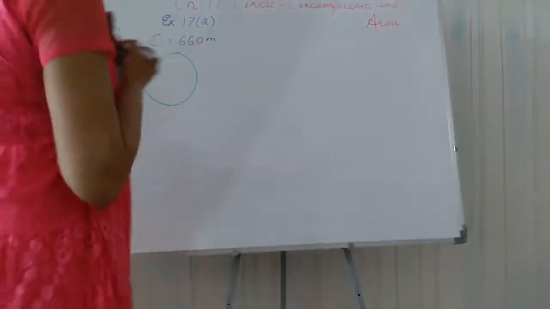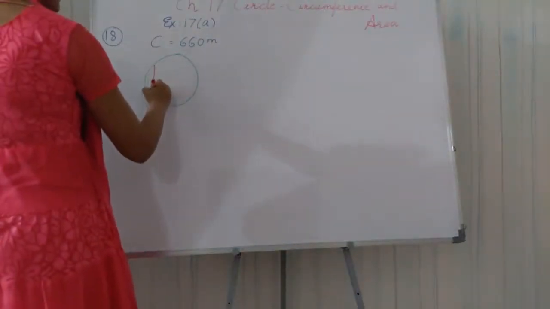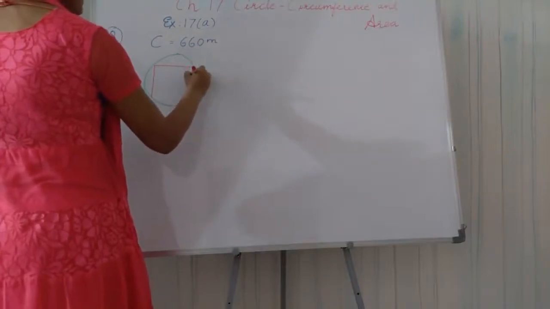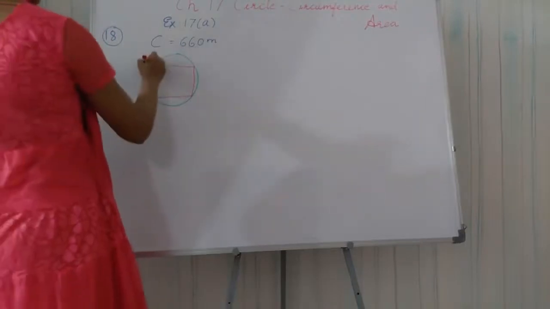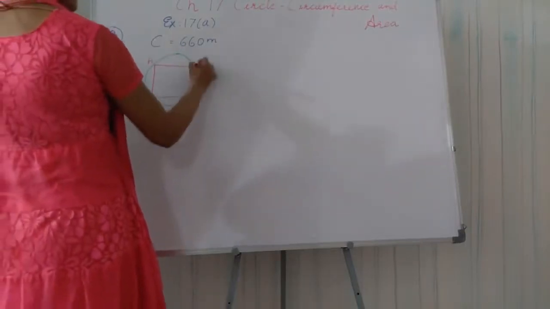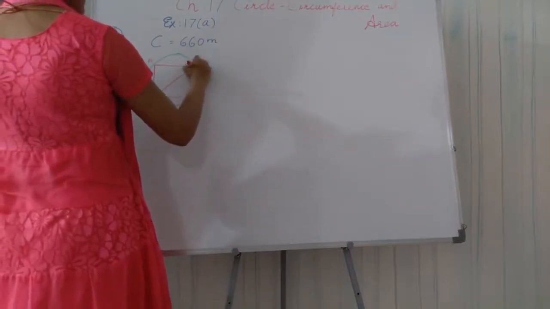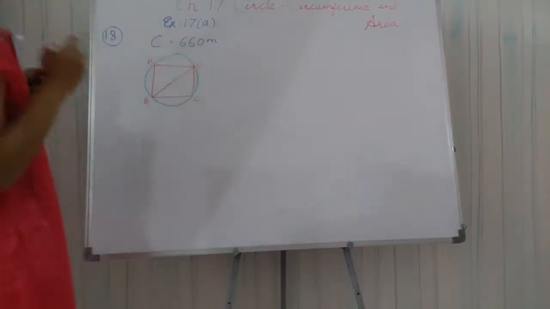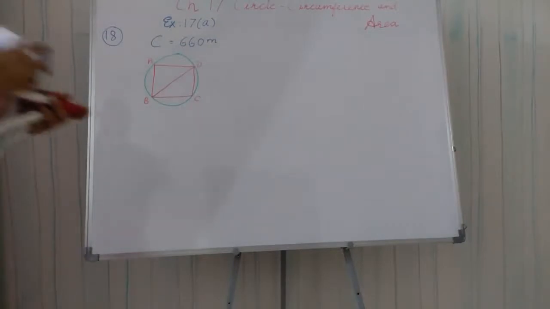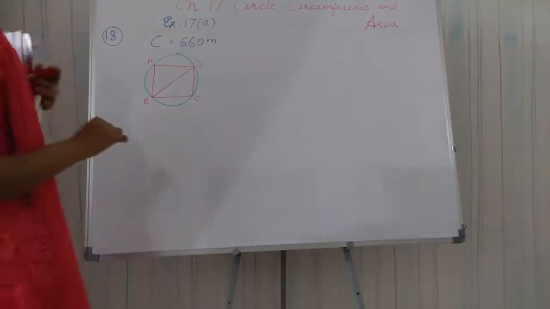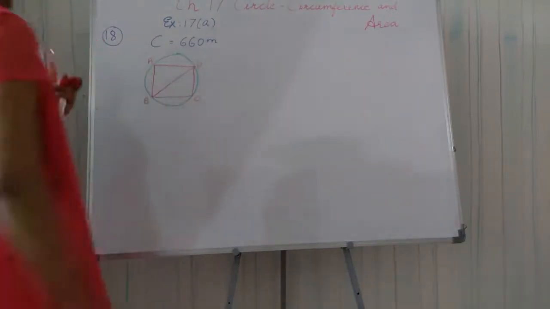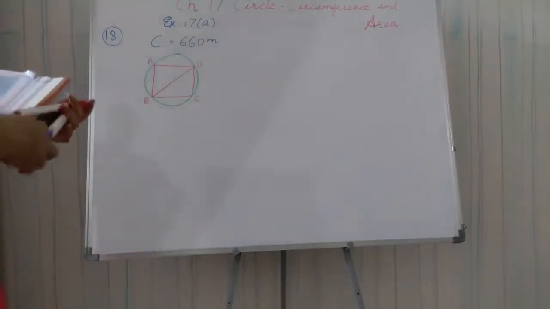There is some circle here whose circumference is known to you, and the square plot will be given to you here whose vertices are lying on the circumference of the circle like this. Okay, so let us give the name here ABCD. So this is the diameter of our circle also and diagonal of a square. So this way students, you are asked in the question to calculate the area of the square plot. We have to find the area of the square, and the pi value 22/7 is also given to you.